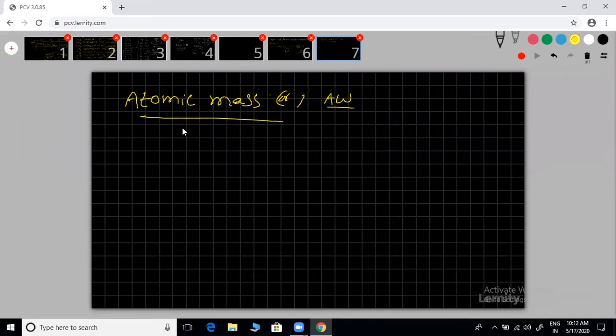So we have one standard definition, right? The standard definition of atomic mass or atomic weight. And you can remember one more point: all atomic masses are very, very small, so they are calculated by comparing with something. So all these atomic masses are relative atomic mass. What is the relative character?